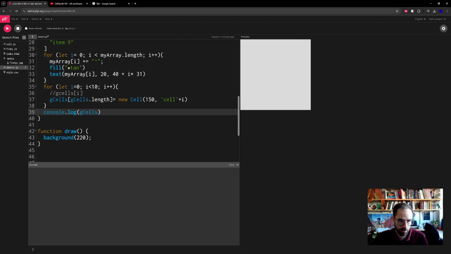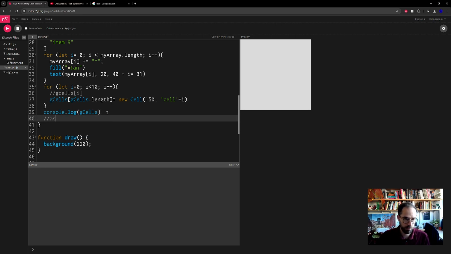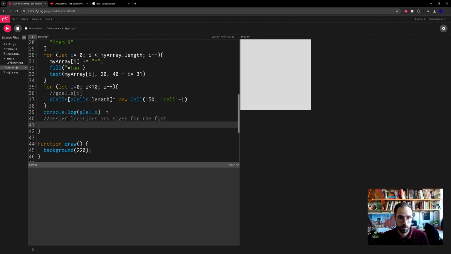Assign locations and sizes to the fishies. That's our next move here. Right below the console.log, assign locations and sizes for the fish. Do a little for loop again, and we'll just initialize. Let i equal 0, and i less than fishies.length, right? i plus plus,